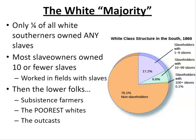They were thought of as being lazy. They probably were just really sickly and suffered from malnutrition and things like that. It's worth pointing out though that even those people, they hated the upper crust. They couldn't stand them because they saw them as the snobs, right? But even then, they defended the institution of slavery and were the ones who went to war for the rebels